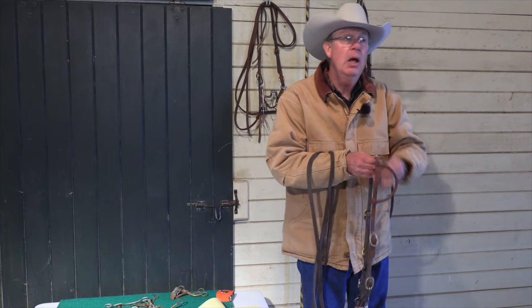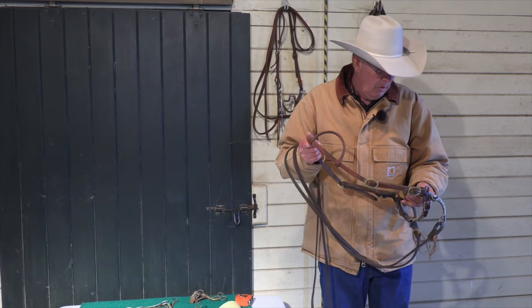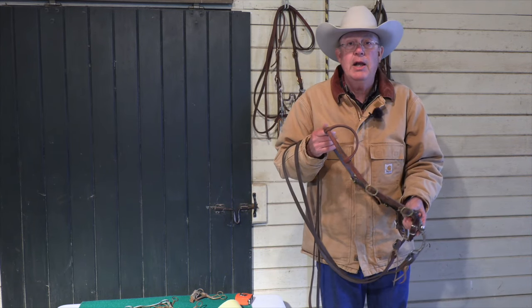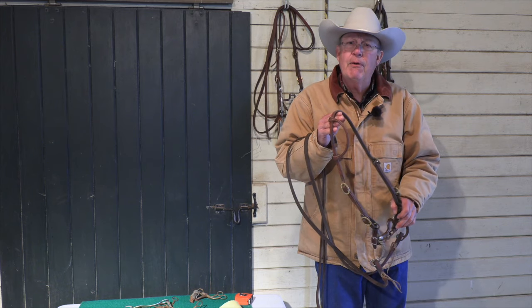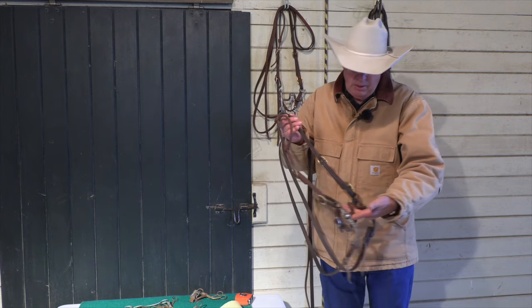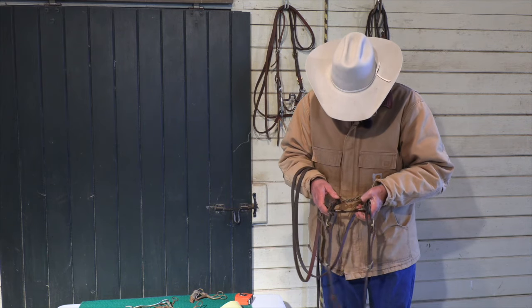There are some bits that are structurally made of German silver, and I'm sure that's fine. I don't have any real experience with them. Don't see a real need for that when you have something as good as sweet iron, which is the mouthpiece material here. This bit,